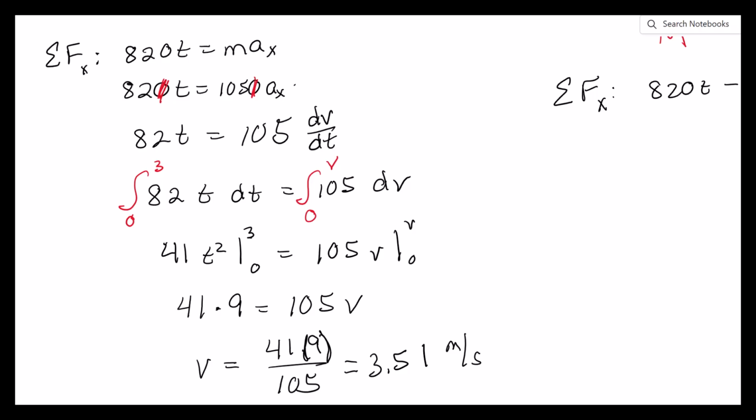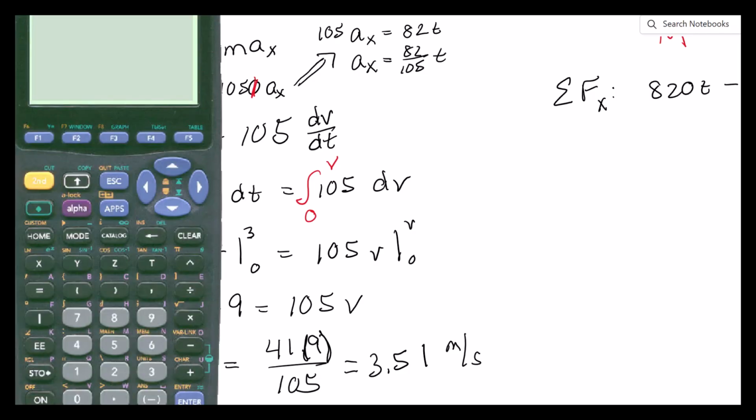Oh yeah, okay. So if 105 acceleration x equals 820t, then ax equals 820 over 105 t. And at t equals 3, that means my acceleration,